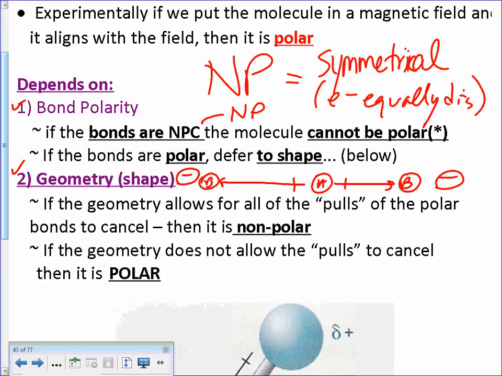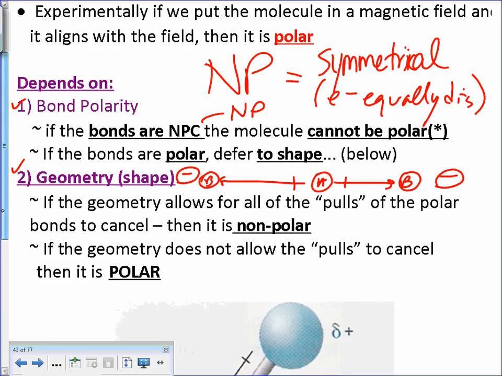Therefore, it is nonpolar. So the geometry does help things cancel dipoles out. So it's important to be able to draw it and think about it. If they don't cancel it out, then we're still polar because we have opposite ends. Famous example of a polar structure,